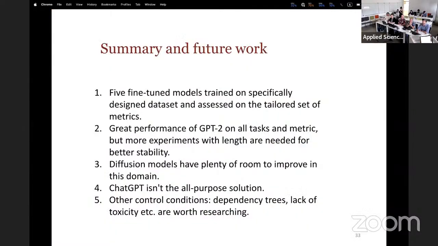Yeah, sure. This is what I told about in the last comment. Other control conditions can be and should be researched. For example, we can have lack of toxicity, which is a kind of attribute, toxicity or no toxicity, or we can even add a topic and some kind of control for the topic in fine-tuning, similar variables. So you mentioned topicality, yes? Yeah, we kind of use that because there is a classifier to classify the basic sentences, the topics, and then to make the continuation.